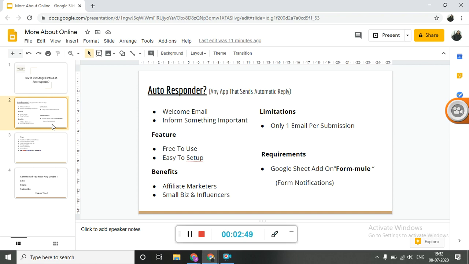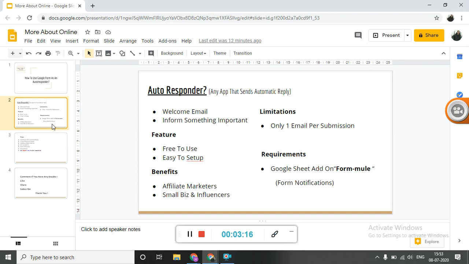And also the similarity between the Google form application that we are going to use today and MailChimp is that both of them will help you to send only one email per submission. So that is the limitation, that you will be able to send only one welcome email to your customer.